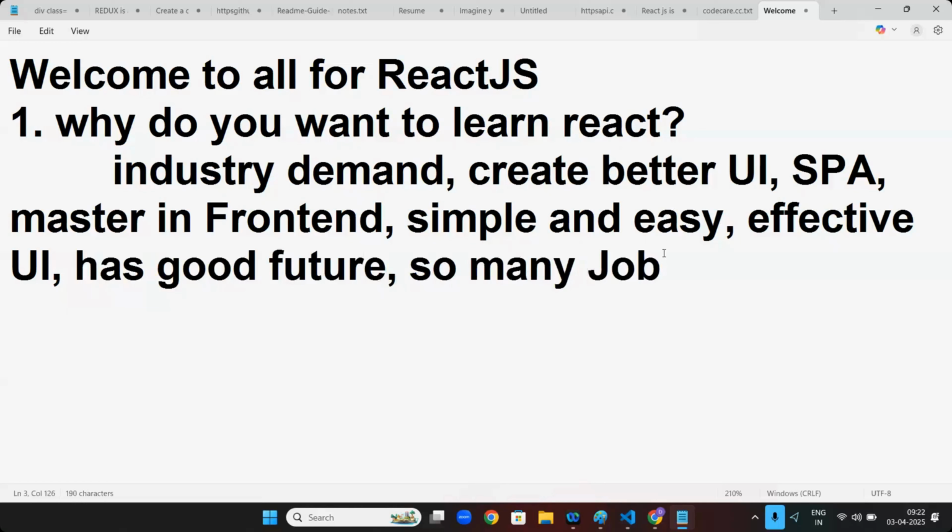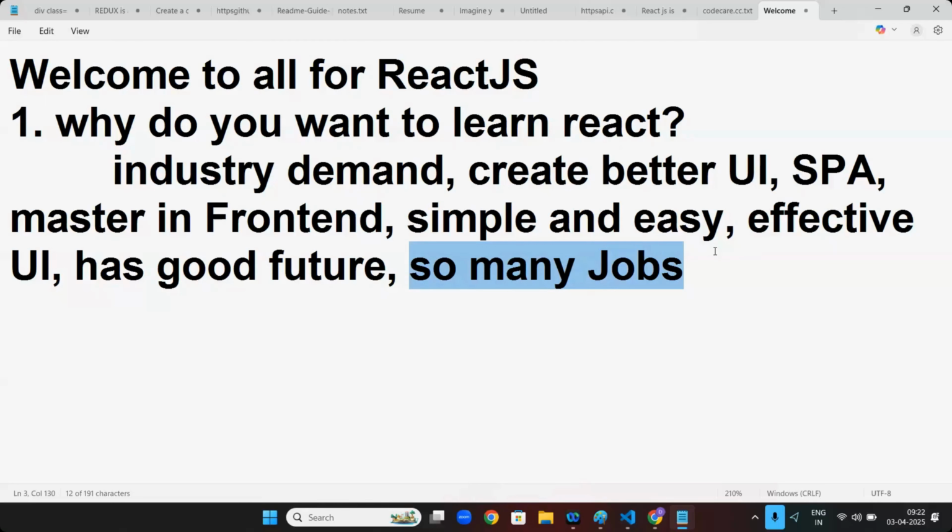The only reason which I believe mostly is this. Imagine some people are saying creating a better UI, master front end, simple, easy. There is one thing, jQuery. It's very simple, too simple compared to React. It also will create a better UI. It won't do SPA, but do you think people will learn that now?